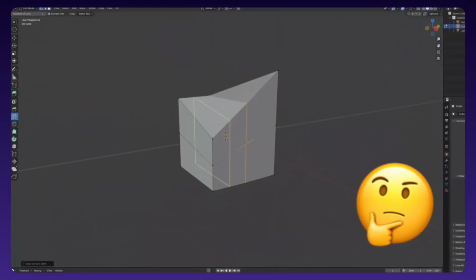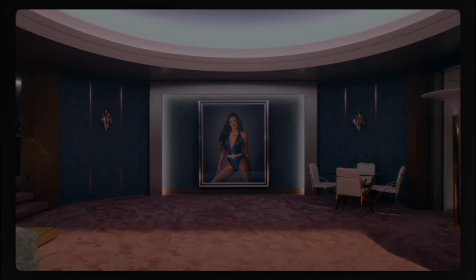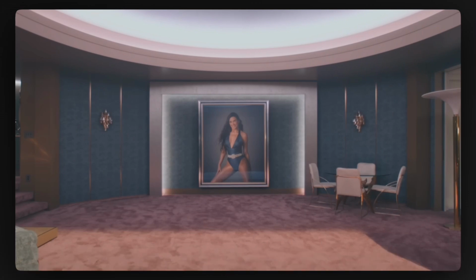Ever wanted to recreate a movie scene but found 3D modeling too hard? Today, I'll show you how to generate the iconic scene from The Substance using Meshy AI. Let's dive in. First, I grabbed a key scene from The Substance and isolated the props, like this retro chair and